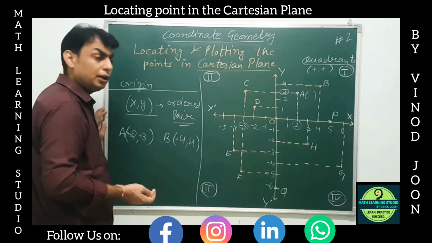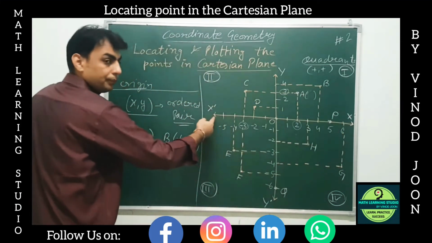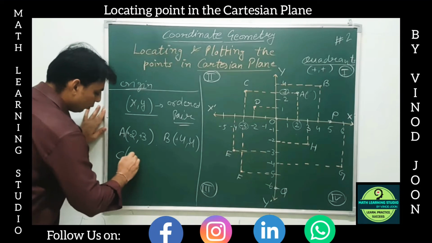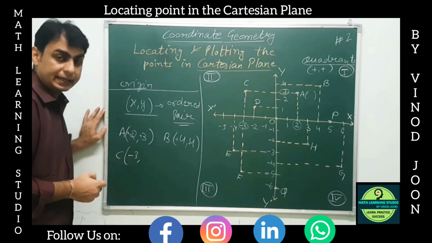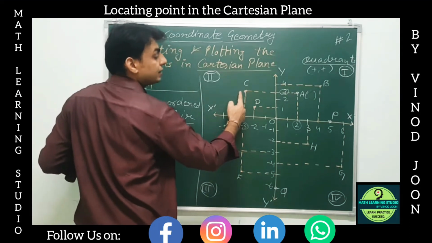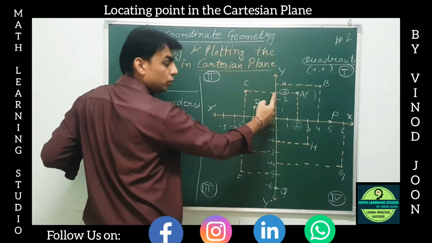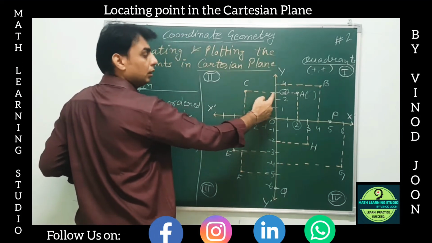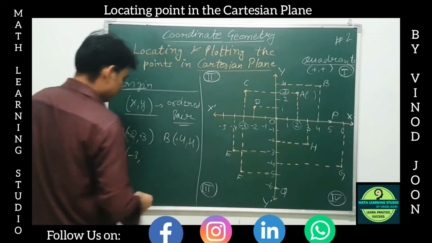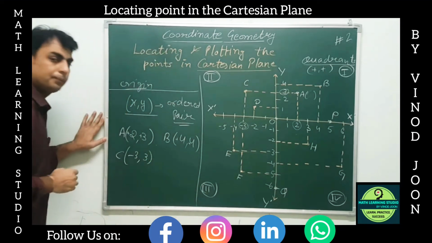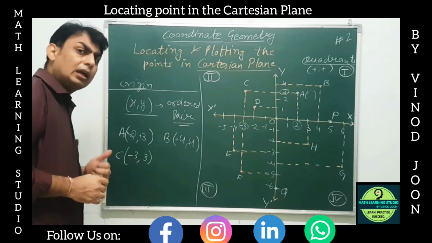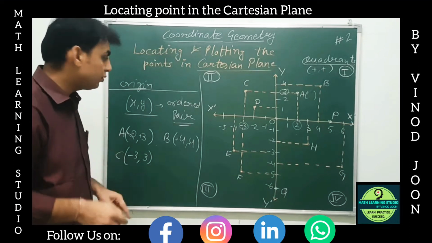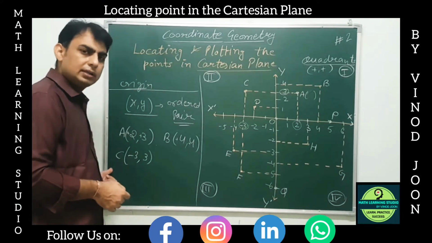तो -3 किसकी वैल्यू है? x पे है, right? So the point C will have -3 value for x, and from point C this line goes to +3 on the y-axis. So it will be +3. So -3, +3 are the values of x and y for the point C.